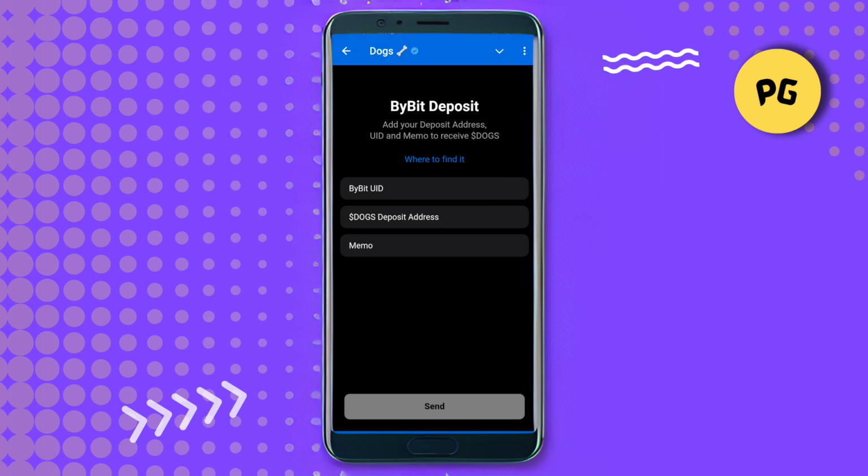deposit address and memo, and you would be able to find it on Bybit quite easily. Simply open up your account on Bybit, and after that go to the deposits. Over there type DOGS, not DOG, type DOGS, then select it and click on deposit, and there you would be able to get the deposit address and memo. Just simply copy and paste it over here and click on this option of send, and this way you would